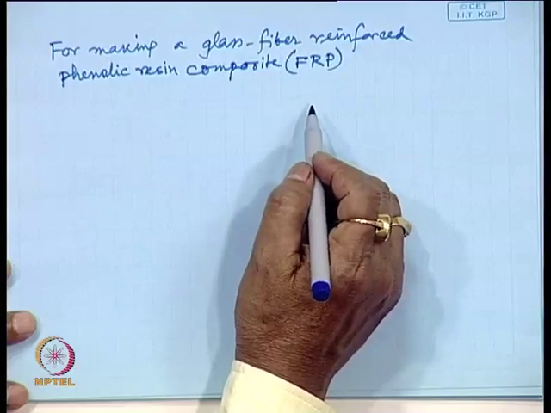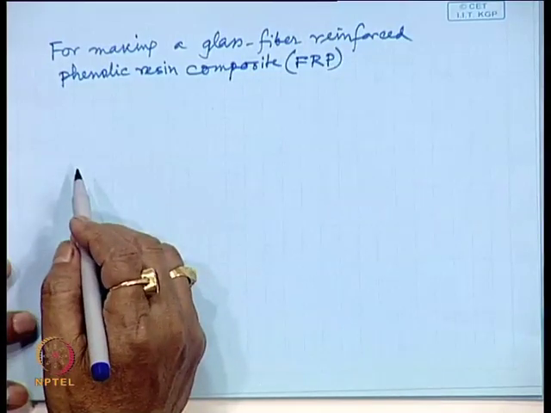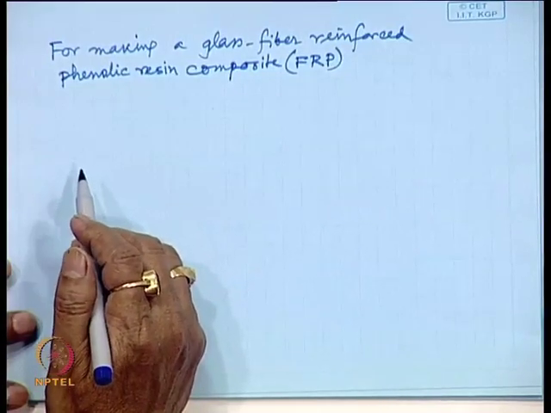You have to synthesize phenol formaldehyde resin up to B stage. That B stage polymer